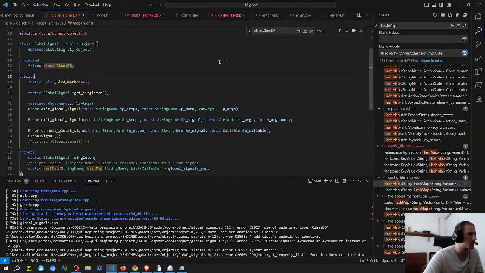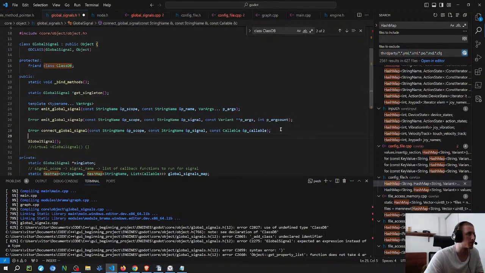Because of these functions, I mean, maybe I should remove it. But the thing is, if I want to at some point, because I do have to register, I think. So if I register, then I need access to the class DB. That's a problem.